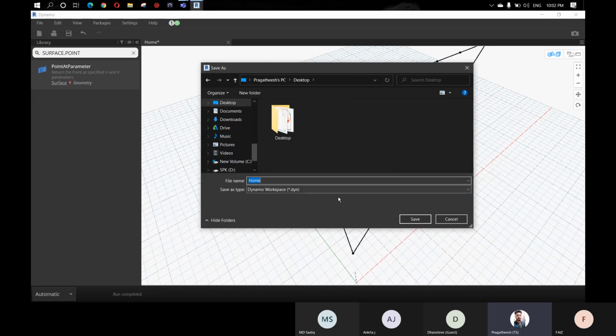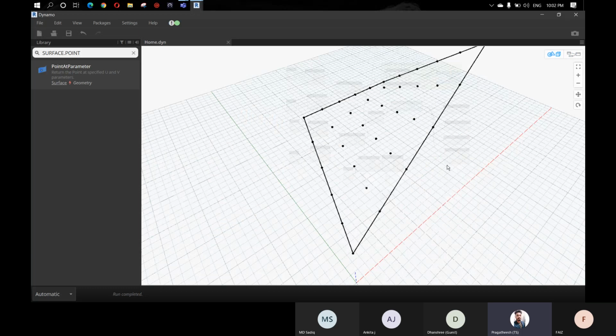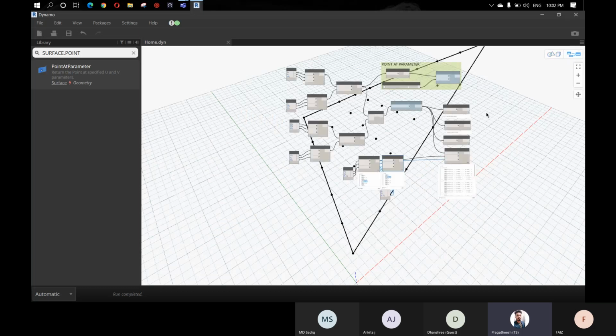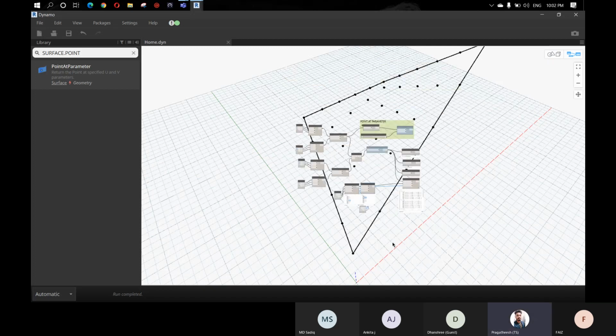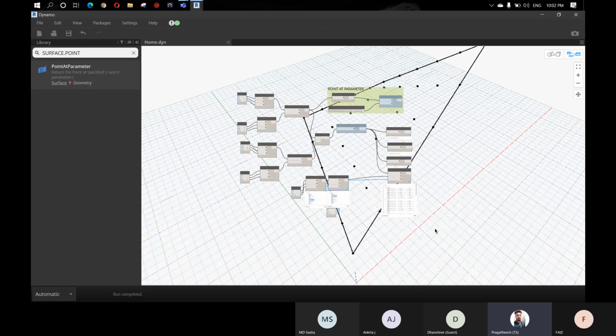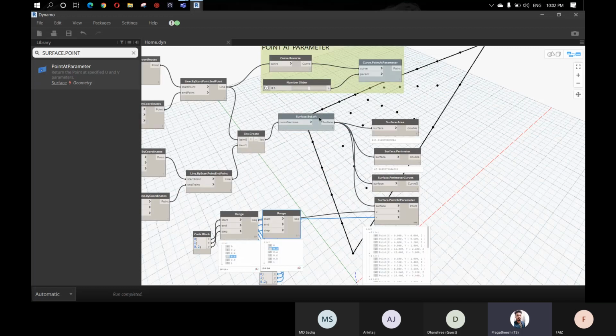So before we move on to the next step, let me tell you that we have 2 options to export the geometry that we are modeling in Dynamo.